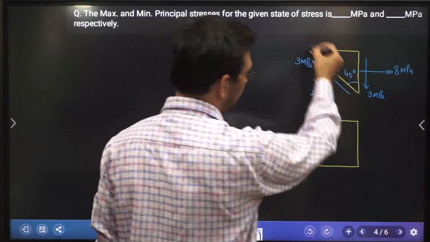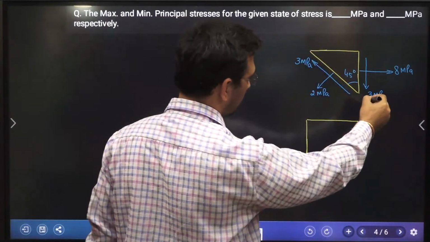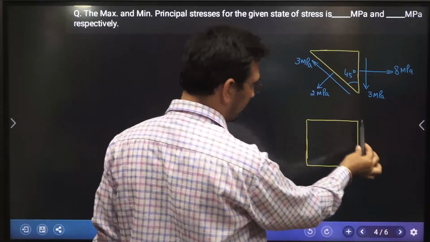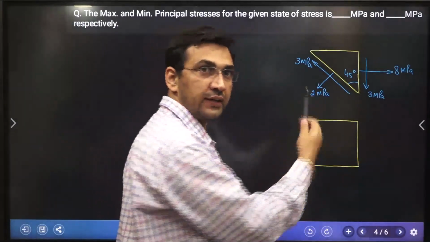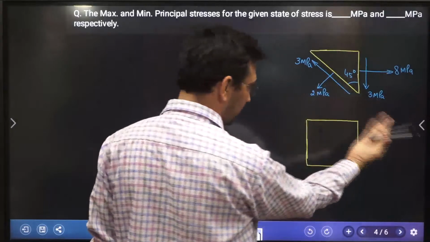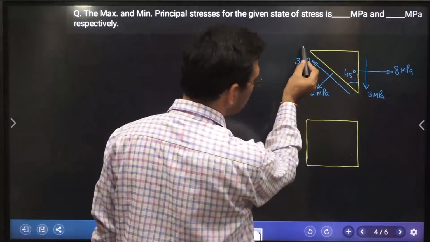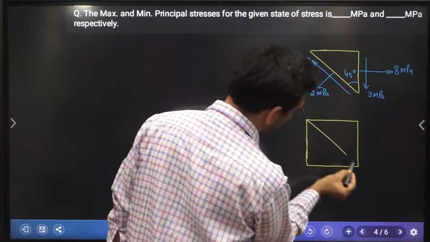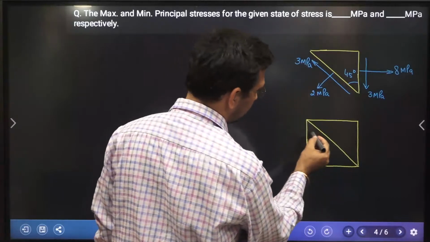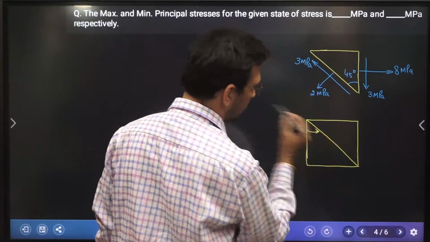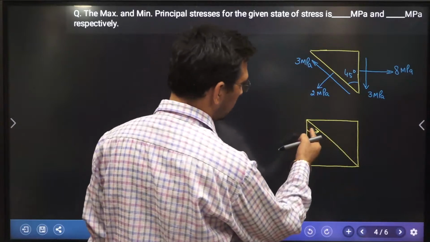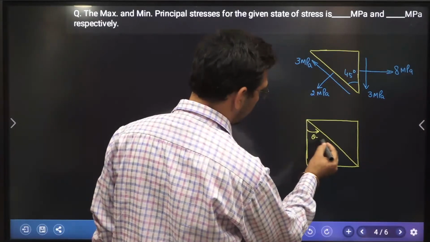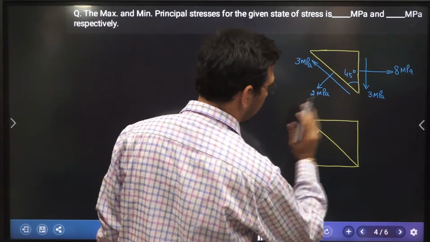Right? Since inclination has been given to you this way, for me, x plane is either this or this, meaning is same. Either it is left or right. It is up to you. Since I know this one, so can I say this is this way? So I know the angle. If this is 45, this is 45. So if I take this angle theta from the x plane, which is either this or this,